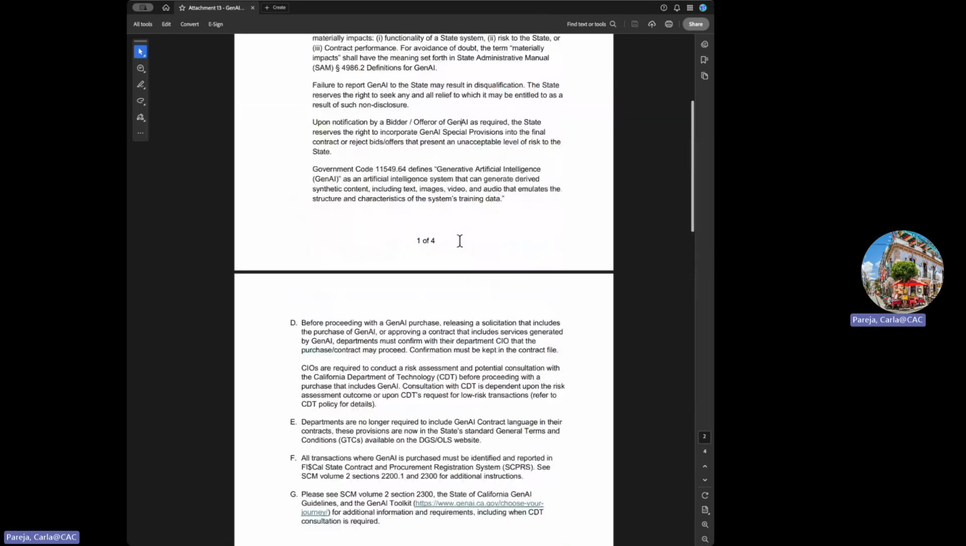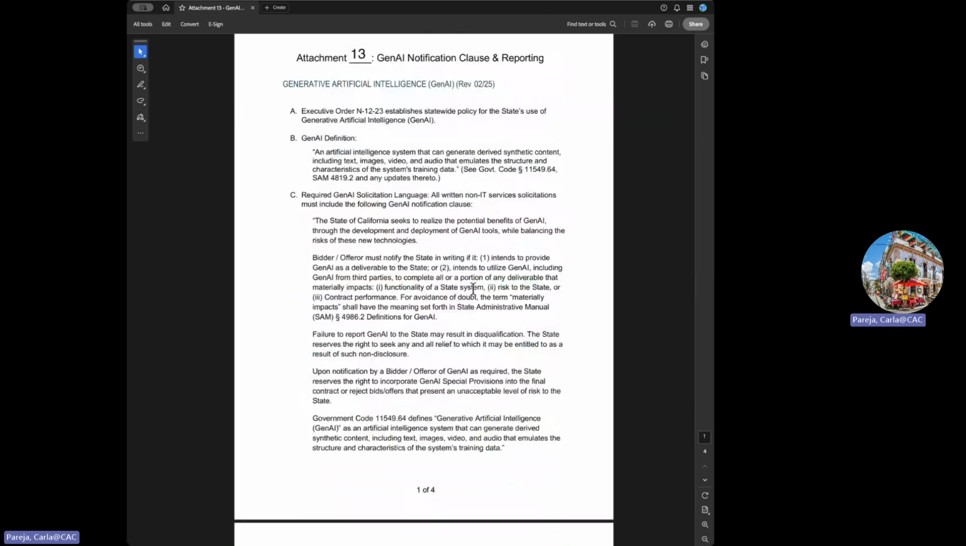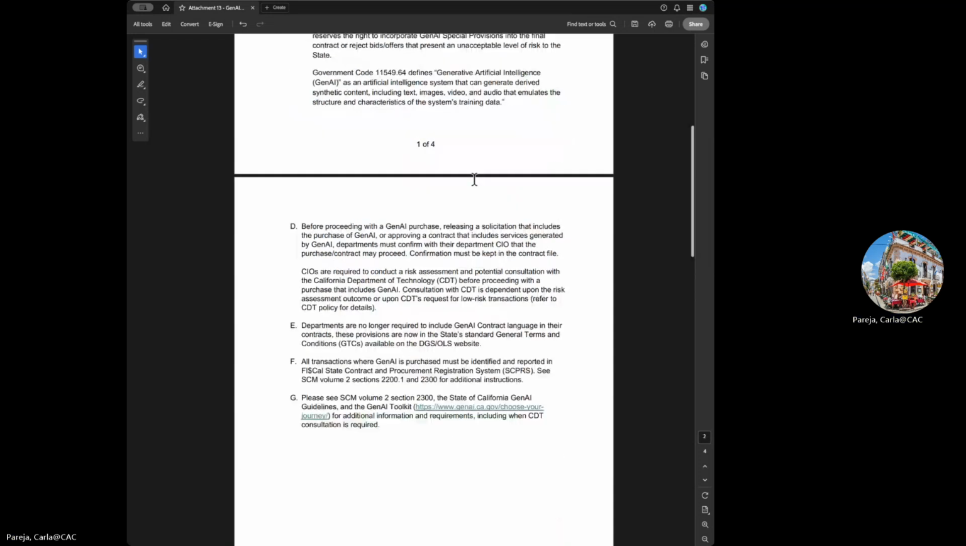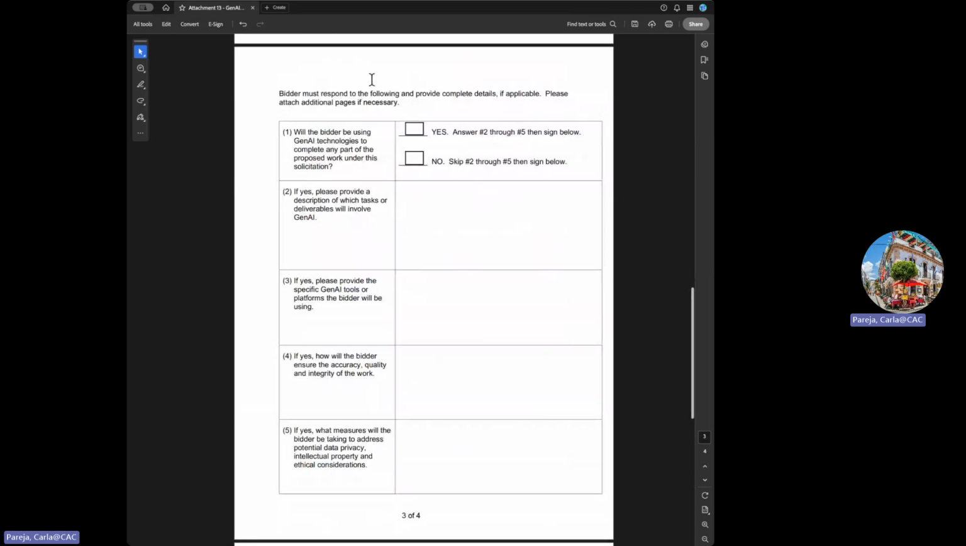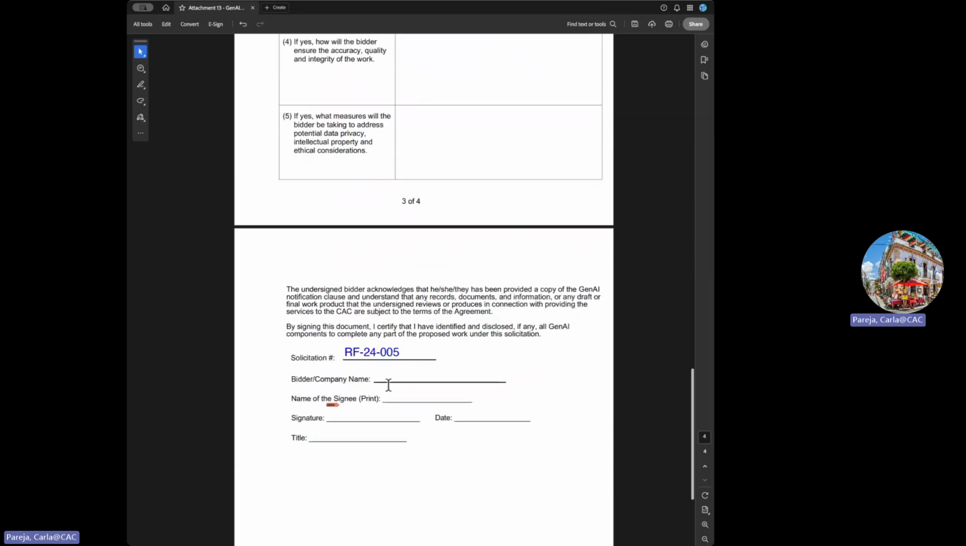So the bidders can read this entire form at your leisure. And here is a definition of Gen AI. This is how the state defines Gen AI, and this is the government code. So on page 3 of this form, the bidder must indicate whether the bidder will be using Gen AI technologies to complete any part of the proposed work under the solicitation. If it's a no, you just click no, and then you skip all the way to the bottom and fill out this part. Name of your company,